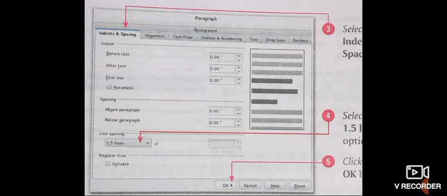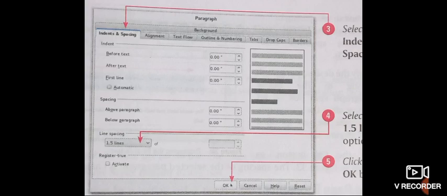Now, line spacing. Line spacing refers to the space between two or more lines in a document. A document with increased line spacing has good readability, however, it also consumes more space. Therefore, we have to specify the optimum line spacing in a document so that we can read its content easily and also utilize the available space properly.